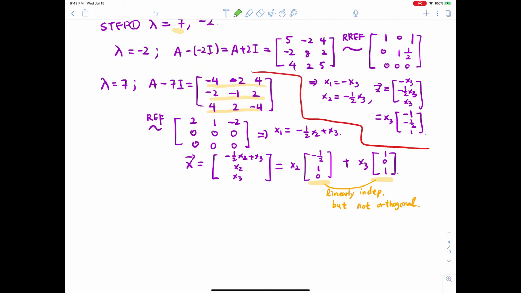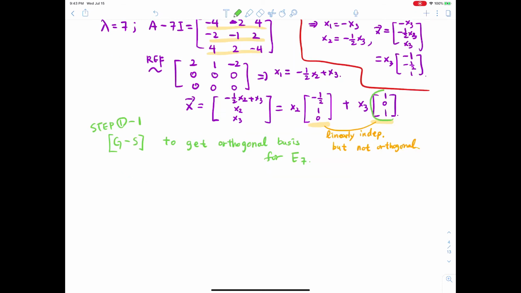We should apply the Gram-Schmidt process to get an orthogonal basis for the given eigenspace E sub 7. So this should be step 1. If you let this vector equal v1 and that one equal v2, then